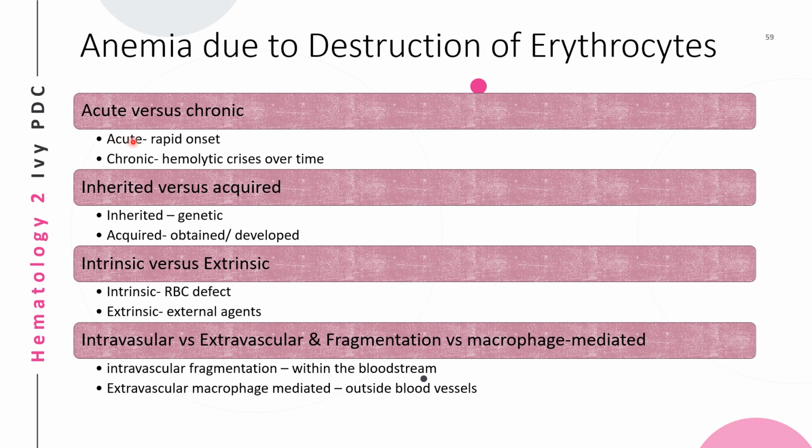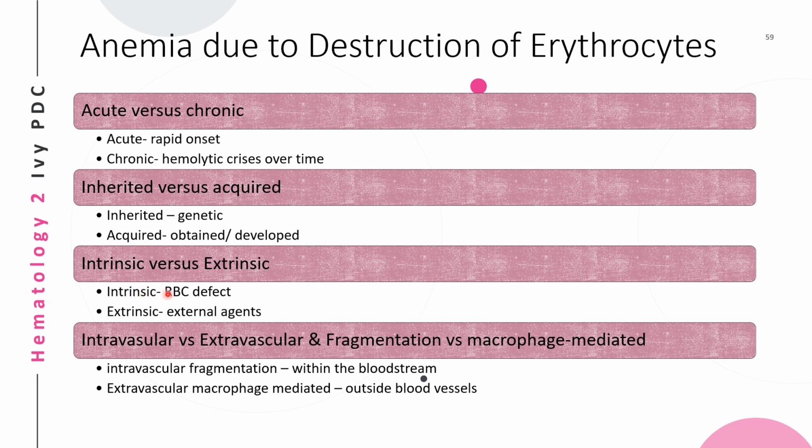Acute hemolysis has a rapid onset and is isolated, sudden, episodic, or paroxysmal. Chronic hemolysis may not be evident if the bone marrow is able to compensate, but it may be punctuated over time with hemolytic crisis that can cause anemia. Inherited hemolytic conditions are passed to offspring by mutant genes from the parents, while acquired hemolytic disorders develop in individuals who were previously normal but acquire an agent or condition that lyses the red blood cells.